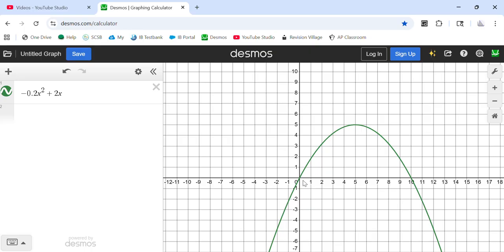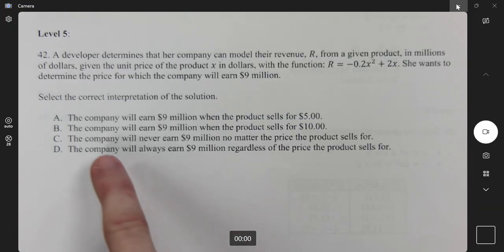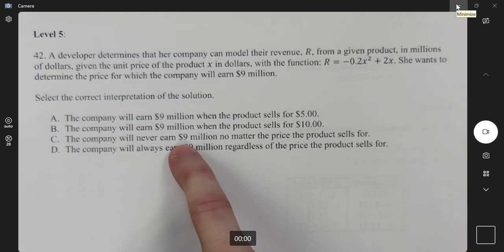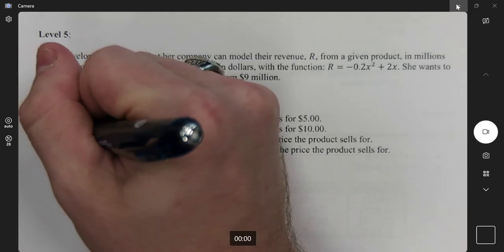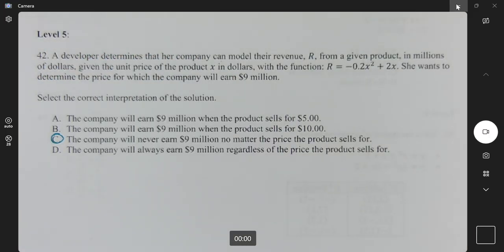Oh, this is the money that her company earns, her revenue. And it looks like the maximum revenue the company can earn is $5 million, and that's if she prices the objects at $5 a piece. So $5 million is the most revenue this company is going to make. This company will never earn $9 million, no matter the price the product sells for. It maximizes at $5 million when they charge $5 for whatever it is they're selling. Next,